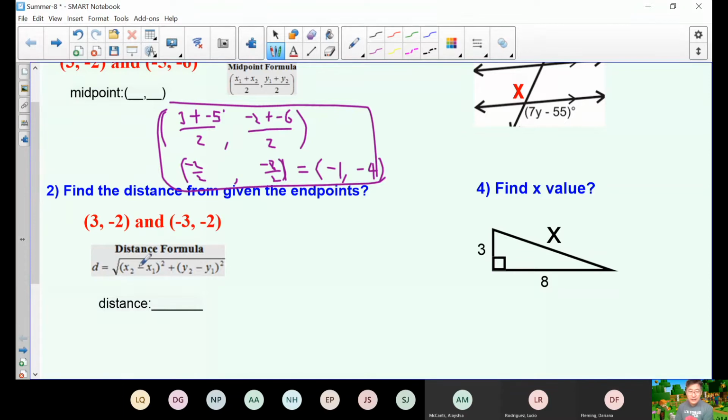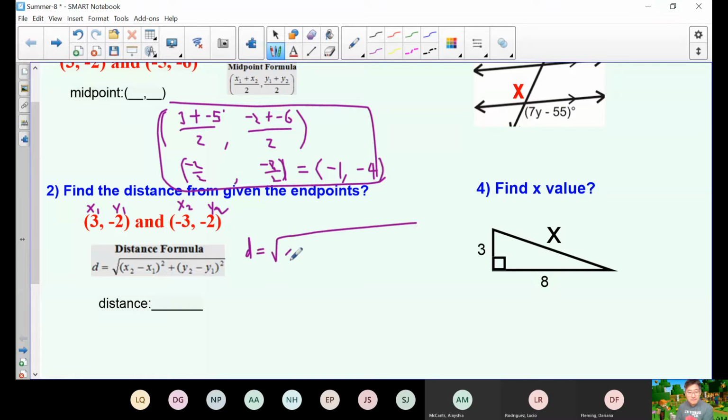So we have a formula, right? This is actually x1, y1, right? This is x2, y2. So think about it. x2 minus x1 and square it. y2 minus y1 and square it and put the square root. So distance is simply